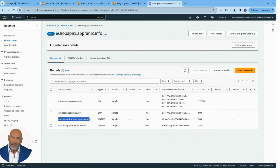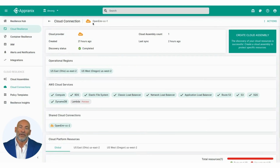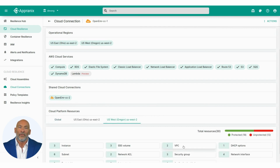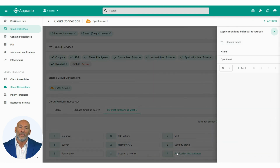We have added a DNS entry on Route 53 for our application OpenEMR.eShop.appranix.info in a public zone. The OpenEMR CC1 is the cloud connection we have used. US East 2 and US West 2 are configured as the operational regions for the selected cloud connection. Under the discovered resource in our primary region US West 2, the VPC, instance, and application load balancer